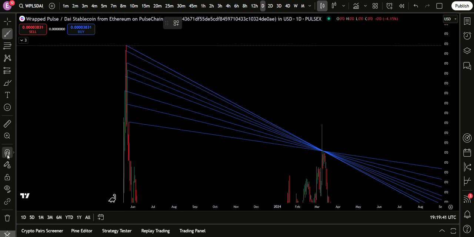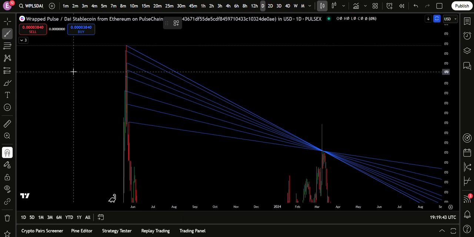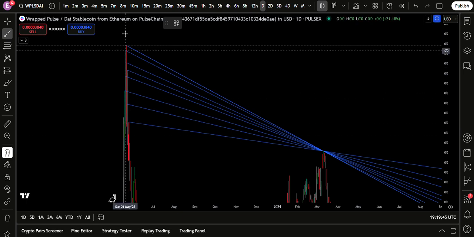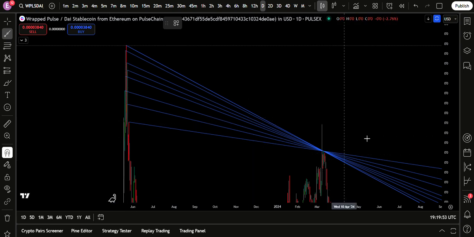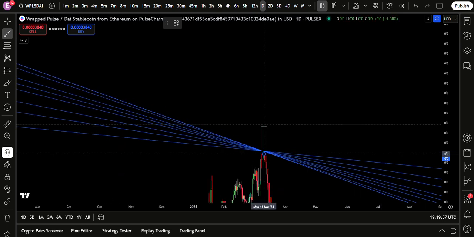Now you've got the ray. You can go here to the magnet. Right. The magnet is engaged. See if it locks onto the top of the candles, or the wicks. See the top part of that, like that big bit that goes shooting up there, that's not a full candle, see that? See, it was a wee skinny thing. Right, that's called a wick.